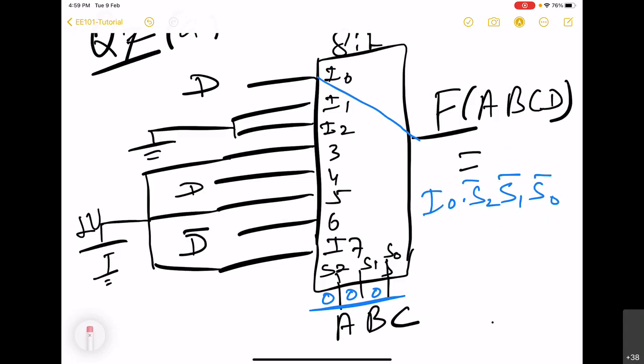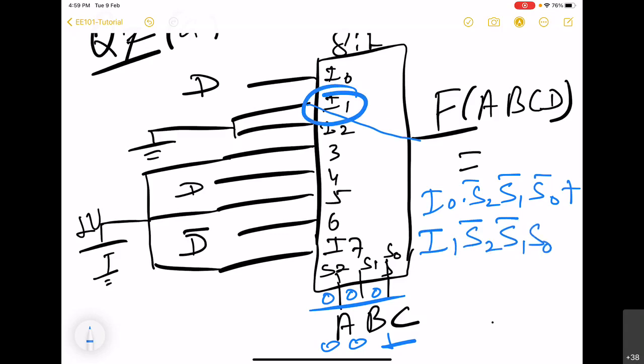Similarly, if you have different values, say 0, 0, 1, in that case F will be connected to I1. We can write F is equal to I1 into S2 bar, S1 bar, S0.